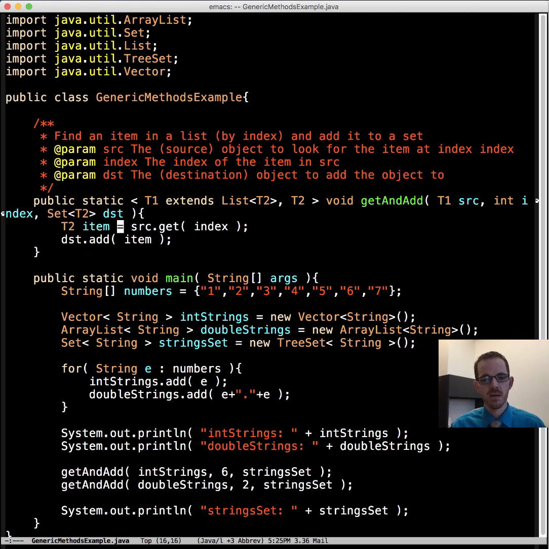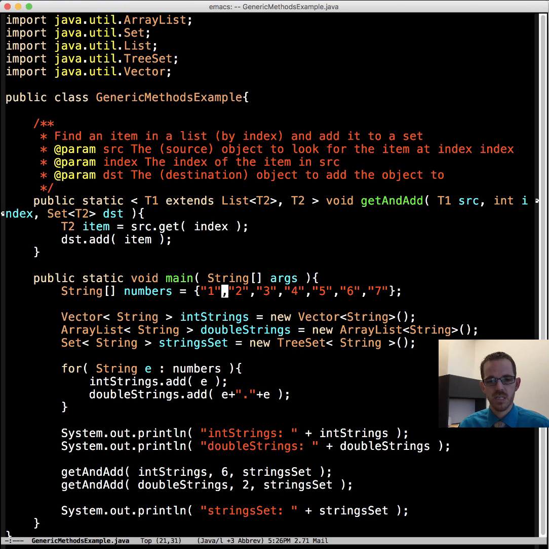And so we have this item that we were calling get out of the first parameter. Now, the first parameter, we know it's of type List. It implements List. We're not quite sure exactly which one, but we know it's going to implement the interface List. And then we're going to add it to some Set here. It's flexible, in that it could be any type of Set. We're going to add that item in there. So let's look at main and how we're calling it.